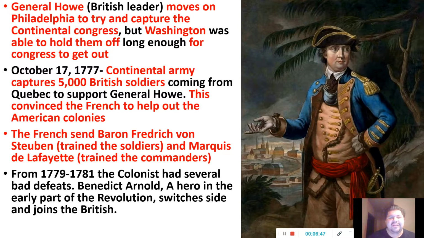Well, the thing is, Washington and his men, they hear about this. So they intercept General Howe and his men. While Washington's out there taking on General Howe, other men are going into Philadelphia and basically clearing out the city, getting people like Ben Franklin out. Telling them, hey, they're gonna try to come capture you. Let's go. Let's move. And then when Washington hears, hey, it's all good, they clear out, they retreat. So General Howe sees this.